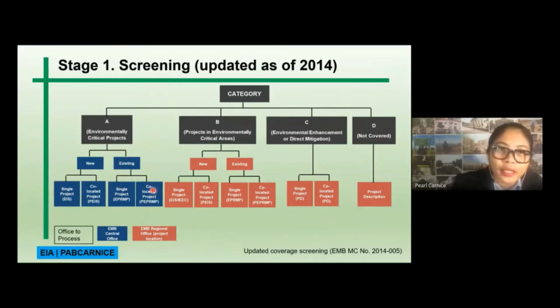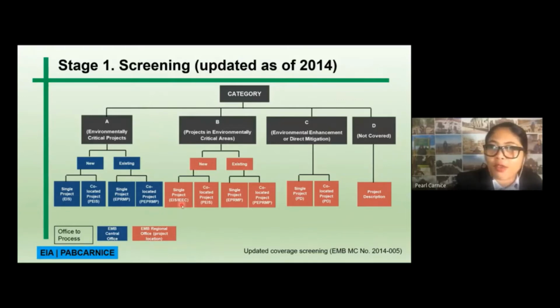If it's co-located, so when you say co-located, there is already an existing project. However, you will be having the same project on another area. So that's why it's called a co-located project. Therefore, you have to prepare PEPRMP. If it's under category B, which is projects in environmental critical areas, if it's new